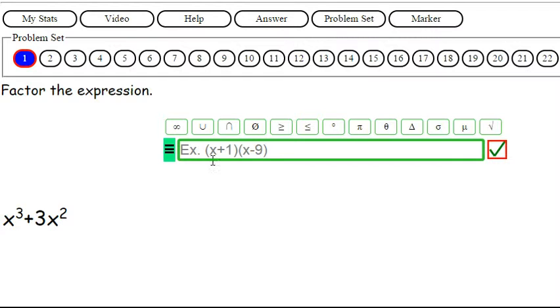Now, like I said, you're going to see, it's going to be tricky when you go to type this in because there's going to be a couple different ways of doing this. If you notice here that this number is smaller than this number, now don't take into account the negative and the positive. Okay, so we have x cubed